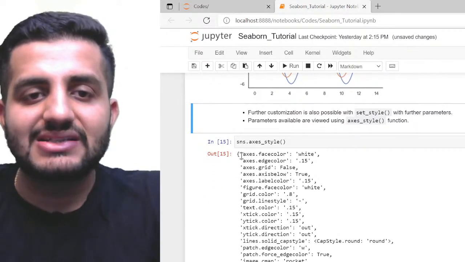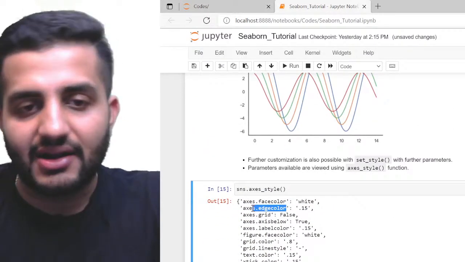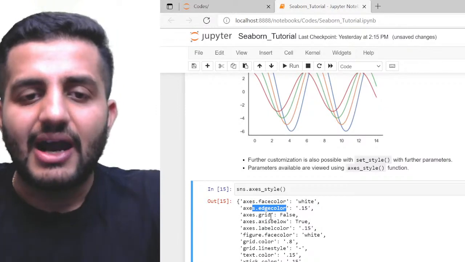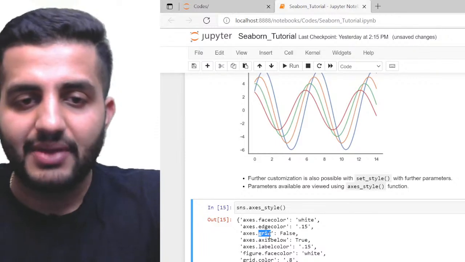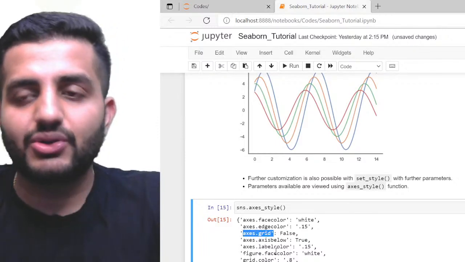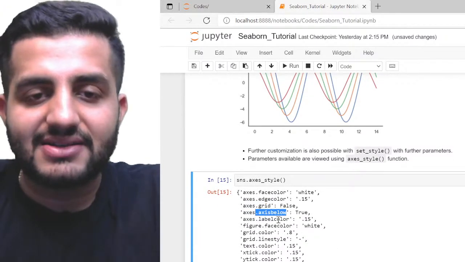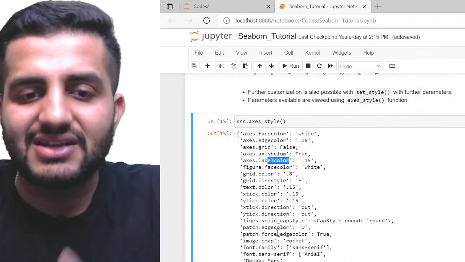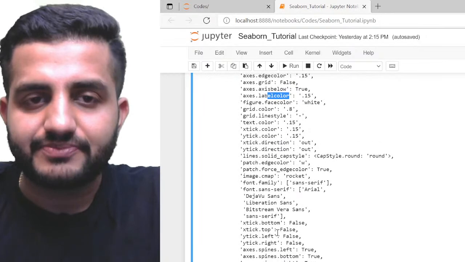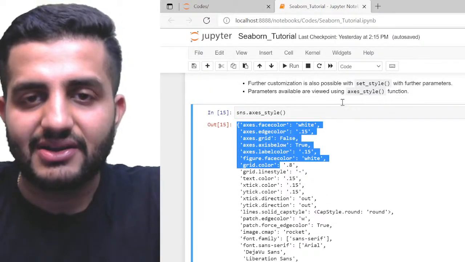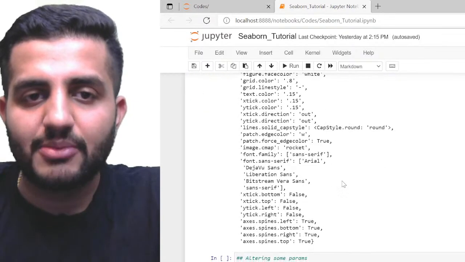बट अगेन आई एम गोना शो इट यू, लाइक एक्सिस फेस कलर। सो बेसिकली एक्सिस का फेस कलर, एक्सिस का एज कलर, राइट, वेरी वेरी डिफाइंड। अब ग्रिड चाहिए, जैसे आपको पता है ना, व्हाइट ग्रिड या डार्क ग्रिड। सो अब इनफैक्ट axes.grid में भी अगर आप फॉल्स कर दोगे तो ग्रिड चला जाएगा आपका व्हाइट ग्रिड के अंदर से। एक्सिस को बिलो रखना है कि नहीं रखना है, एक्सिस का लेबल कलर क्या होगा, ये बहुत सारी चीजें हैं इसके अंदर। यू कैन जस्ट प्ले अराउंड विद दिस, ओके। लॉट ऑफ फंक्शनलिटीज अवेलेबल एंड ये सारे आप पास कर सकते हो ऑन टॉप ऑफ माई सेट स्टाइल अंडर माई एक्सिस स्टाइल फंक्शन। कैसे पास करोगे मैं आपको वो दिखाता हूं। अभी